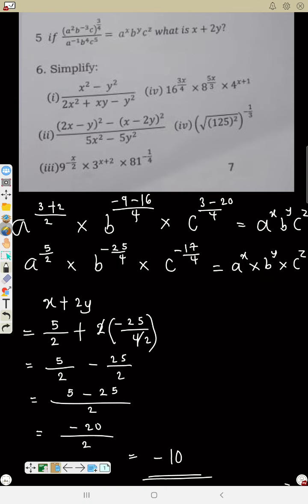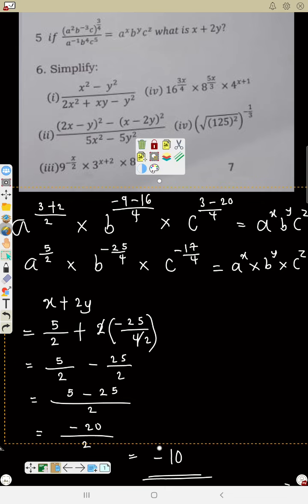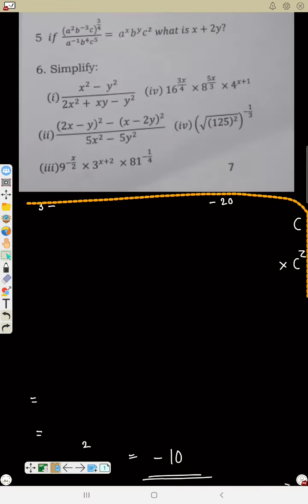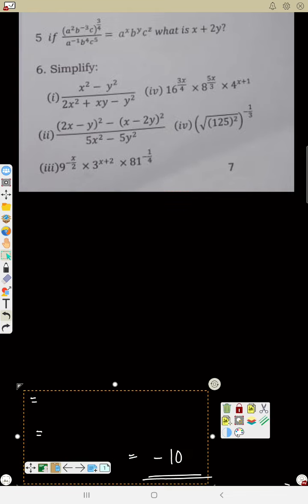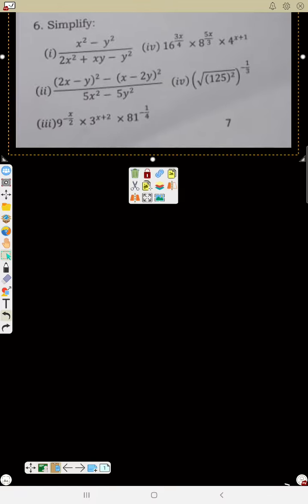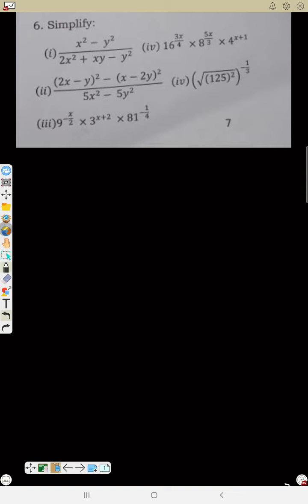So now let's see number 6. 6i. Simplify x squared minus y squared divided by 2x squared plus xy minus y squared. Now to simplify this, we are going to have